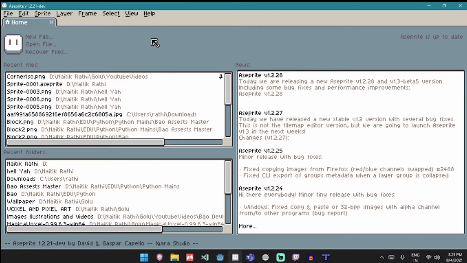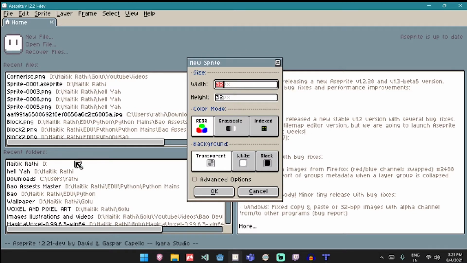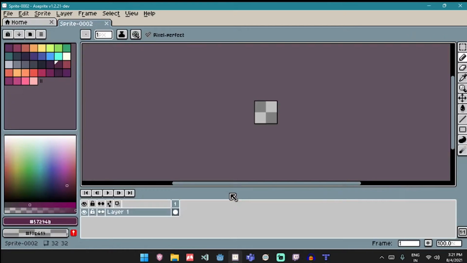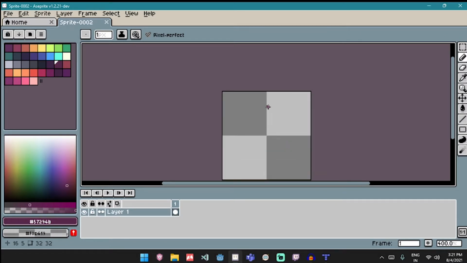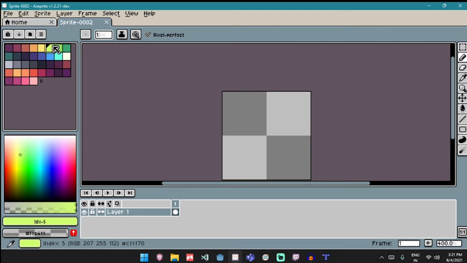So first what we are going to do is create a new Aseprite project, and the new sprite width will be 32 pixels and height will be 32 pixels. By that just click OK, and we have a sprite. So first we are going to select the line tool and make a basic diamond shape, and it will be